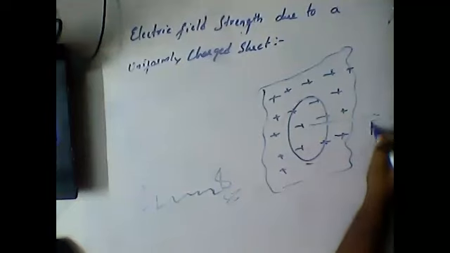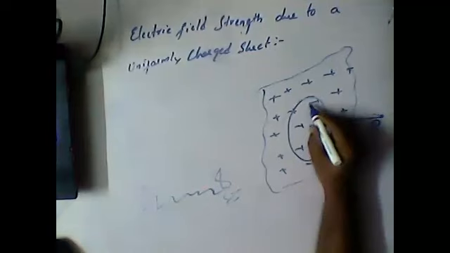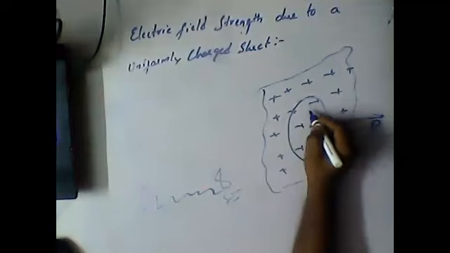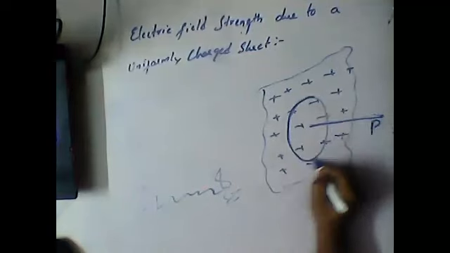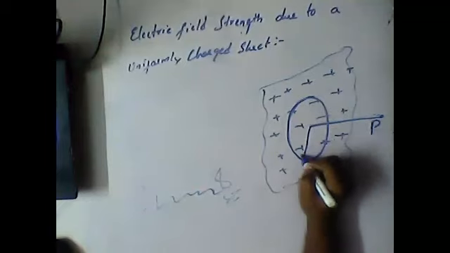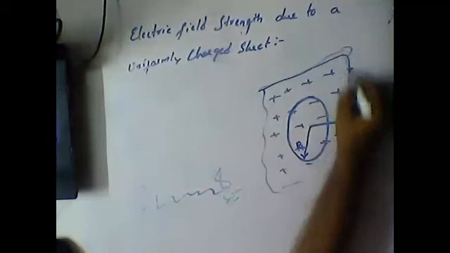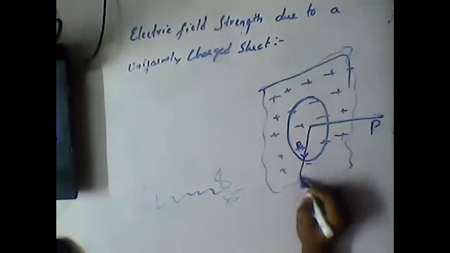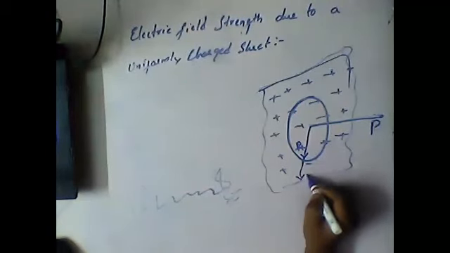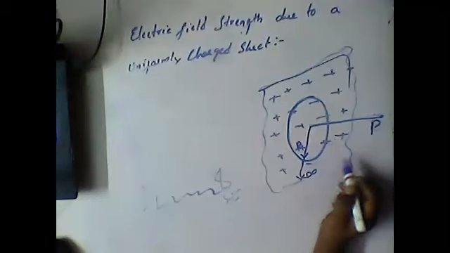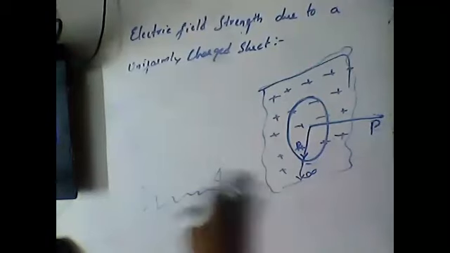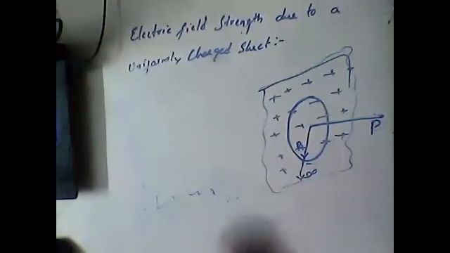Now here, guys, at point P, I am considering the electric field due to this. If you clearly observe, it is a circle. Since it is a circle, its radius R is fixed. But this is a whole surface, so I am considering the whole surface to be infinity. So whatever the previous equation we are having, guys,